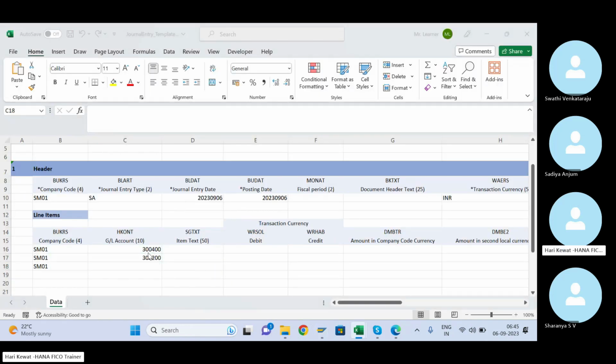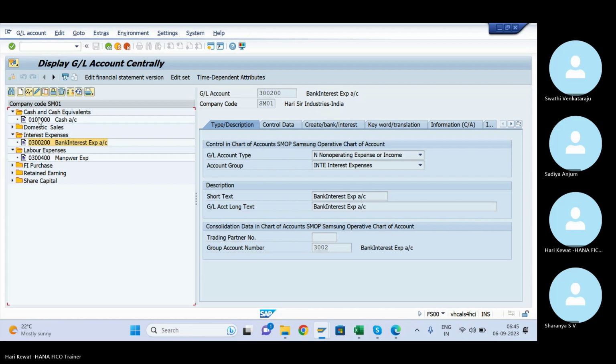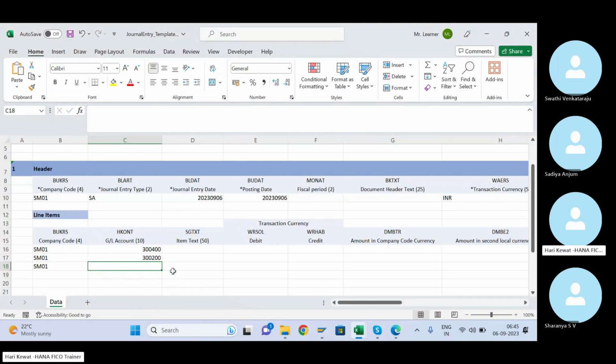Then I want to do the cash account. So this is the journal entry. Then I think item text is mandatory in all of them, so you have to give all the details properly, or there will be an error.